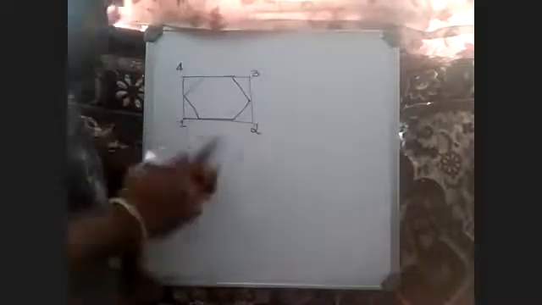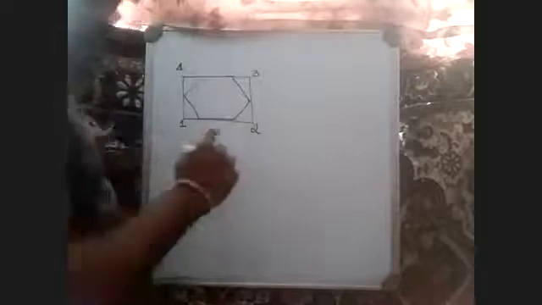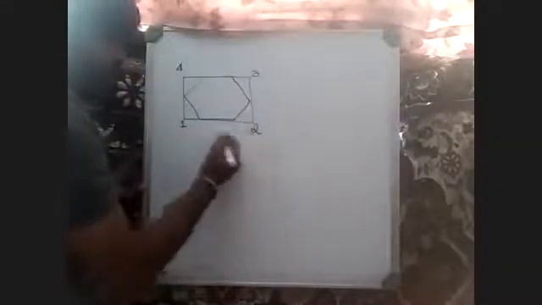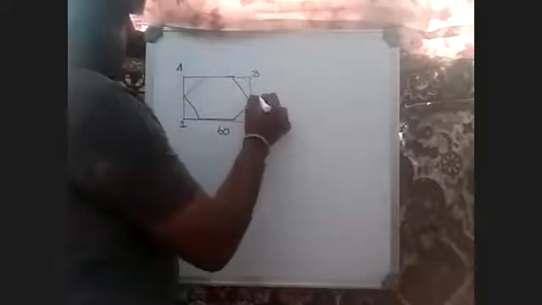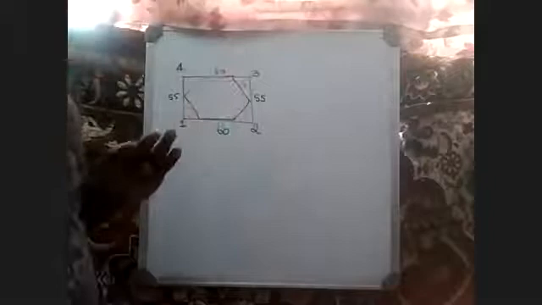For example, you have to do this in your regular planes or solids sheet, even in the exam also. I'll show you how to do it. So let us assume I've constructed this. I've put a box from 1 to 2. There are around 6 box gap, meaning 60 mm, and 2 to 3, let us assume it is around 55 mm. Let us assume this is 5.5 box gap. This is 6 box gap. So 6, 5.5. Again, this is 6 boxes. Again, this is 5.5 boxes. This is how you have got your hexagon in the sheet.